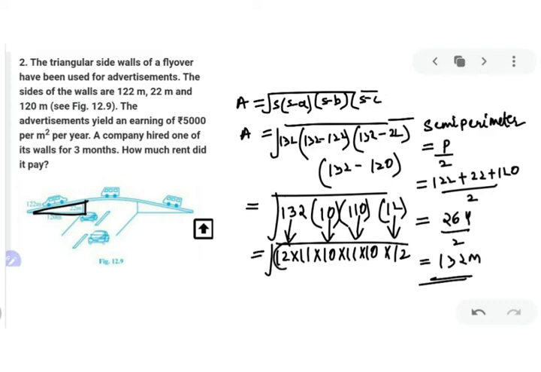From there I will notice that 12 और 12 pairing बन रहा है, so I'll free that 12. 11 and 11 pairing बन रहा है तो I'll free that 11 also. And 10 and 10 pairing बन रहा है तो I'll free that 10 also. So हर एक नंबर आपका अंडर रूट में से बाहर आ गया. So your final answer is 1320 meter square. Got my point clear?